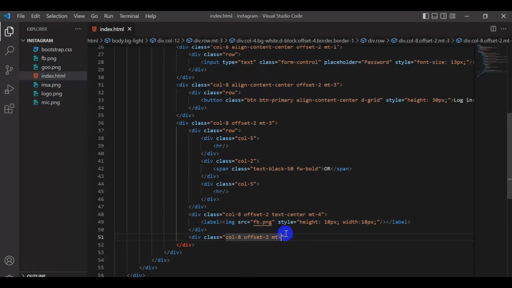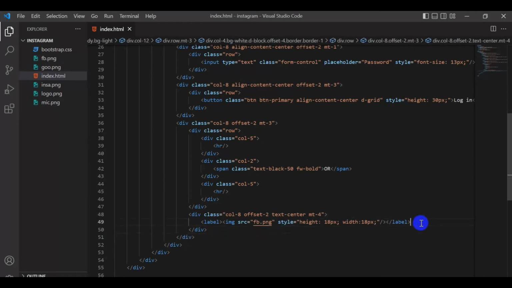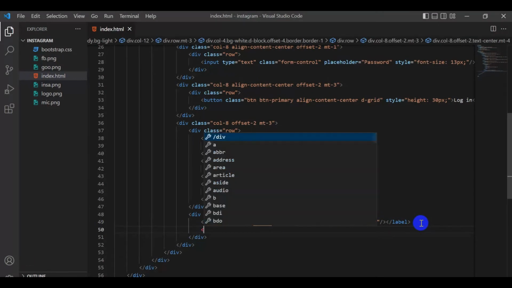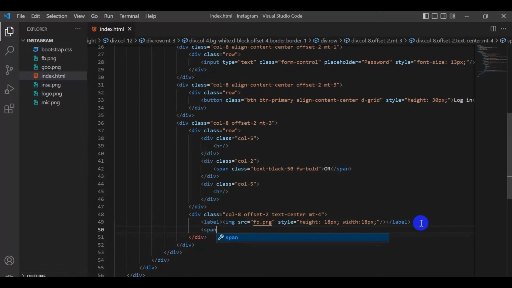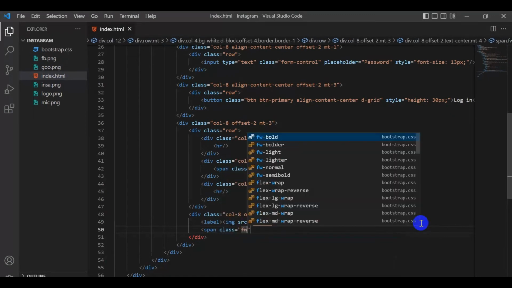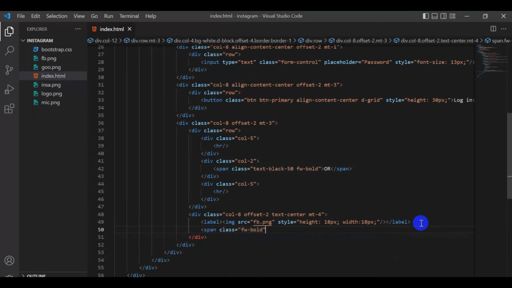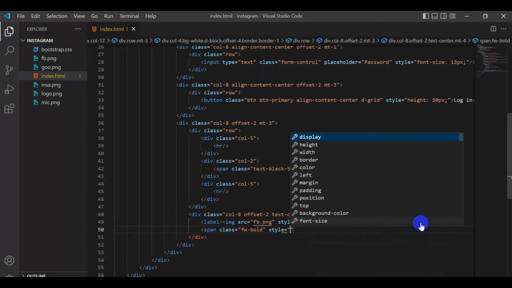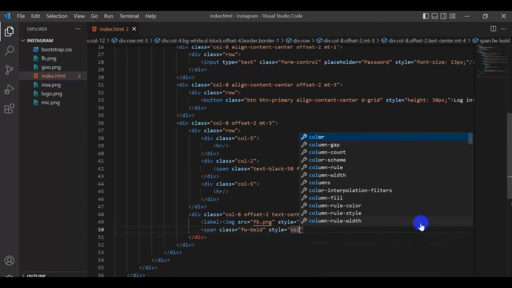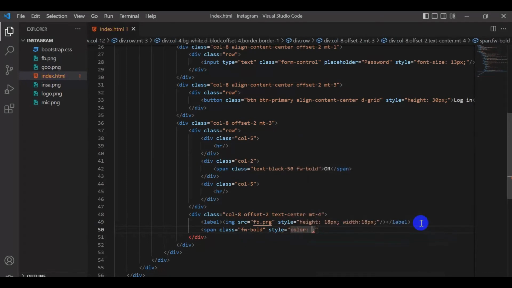For that, I'm not going to create another div. I'm going to add that phrase inside the div I created earlier. So I'm going to use the span tag here, and I'm going to add the FW bold class to that. Then I'm going to use the style tag to add the color. Okay, my color will be